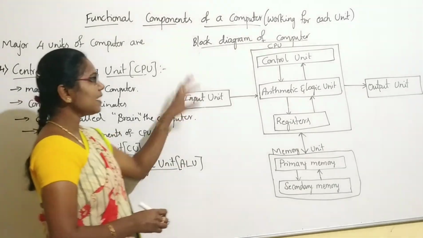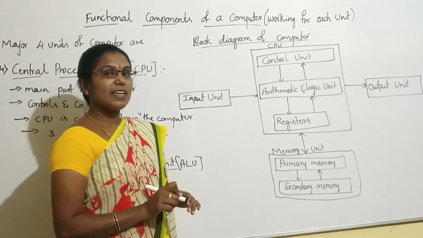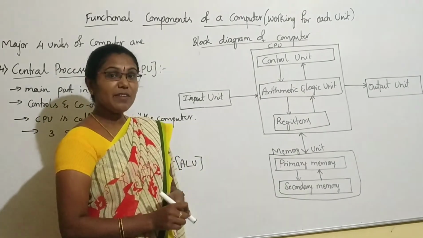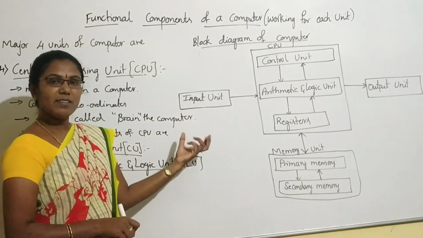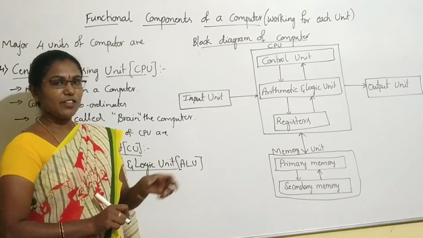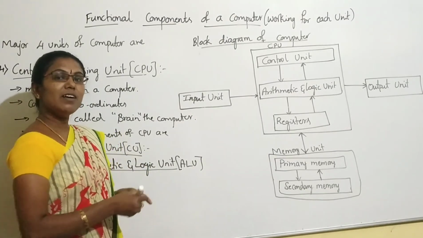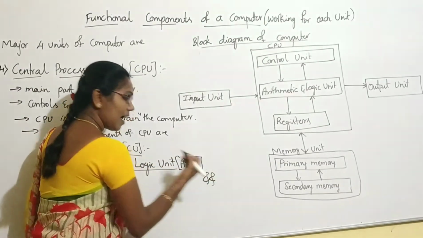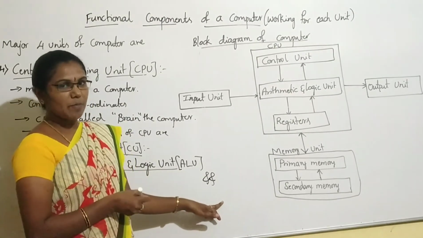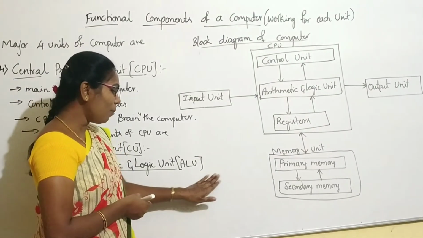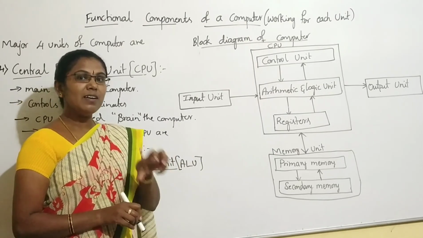Once the data comes from the control unit to the ALU, the ALU checks which operators the user has given, and which type of data should be calculated. If the user passes a plus operator, then ALU performs addition. If the user sends a minus operator, the ALU performs subtraction. If the user gives an ampersand operator, it will perform logical multiplication, the logical AND operation. Understood? So based on the operators the user gives in the data, the ALU performs the operations.